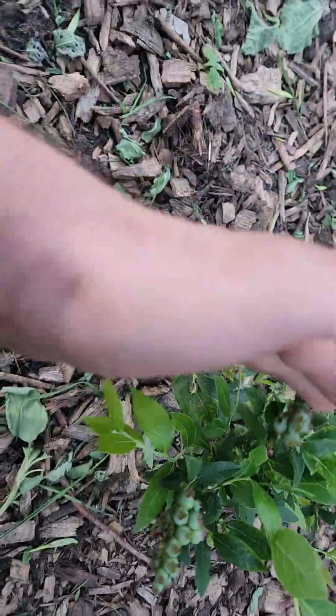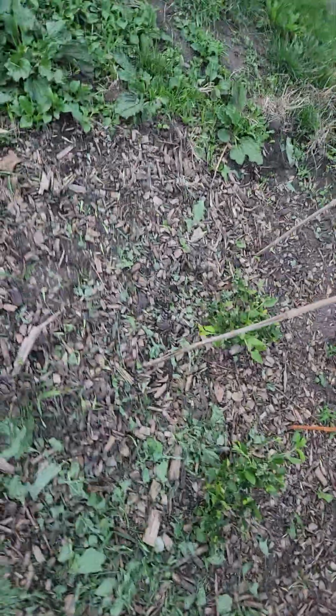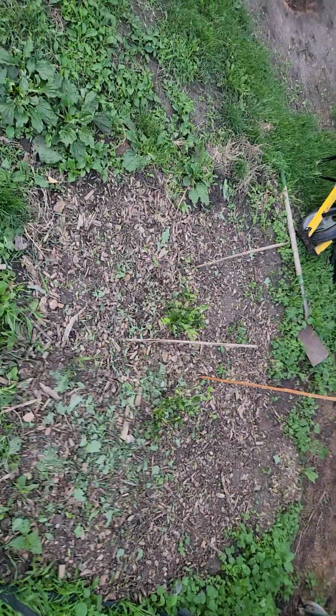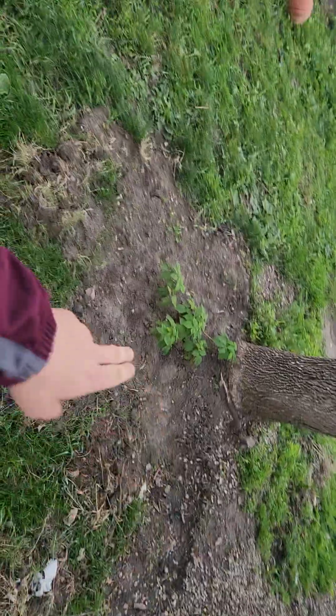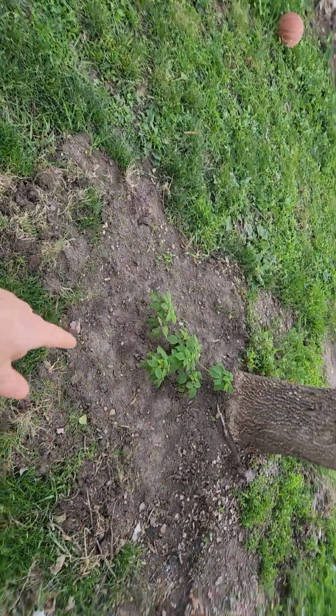Fruit clusters, new growth. So we went ahead on these ones and put in 444 and worm castings, and then the mulch layer on top. 444 worm castings, and we haven't yet put the mulch layer on this one, but we need to. Over here we got some chives and amaranth growing, and today we just harvested